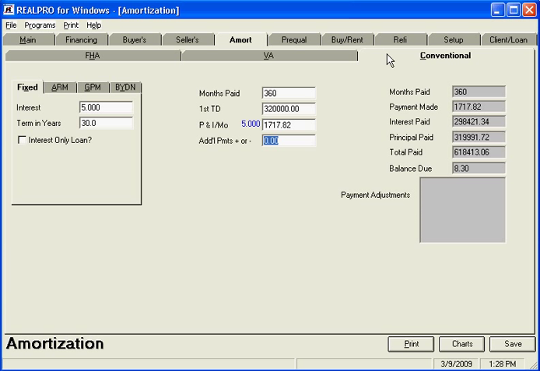Now, one thing that we can do with this program is to put an additional payment for a principal paydown. So here it says additional payments plus or minus. Let's say they want to make a $400 a month extra payment. That's going to bring the number of months needed to pay it down to 239. We put in 0 here for additional payments. It takes 360,